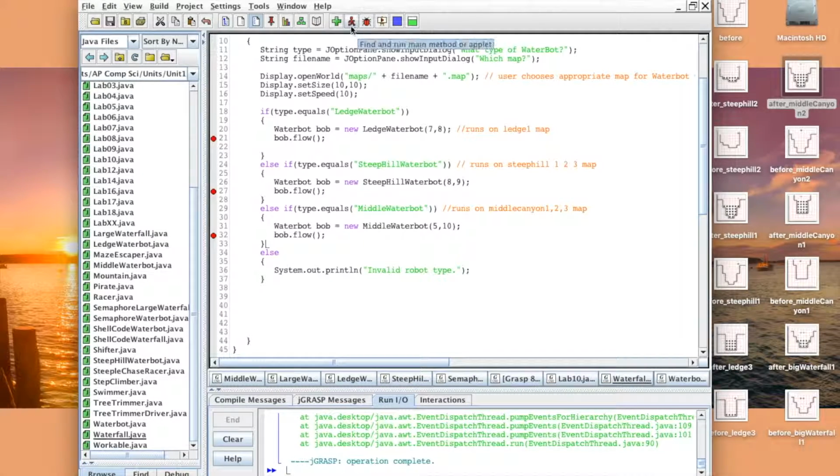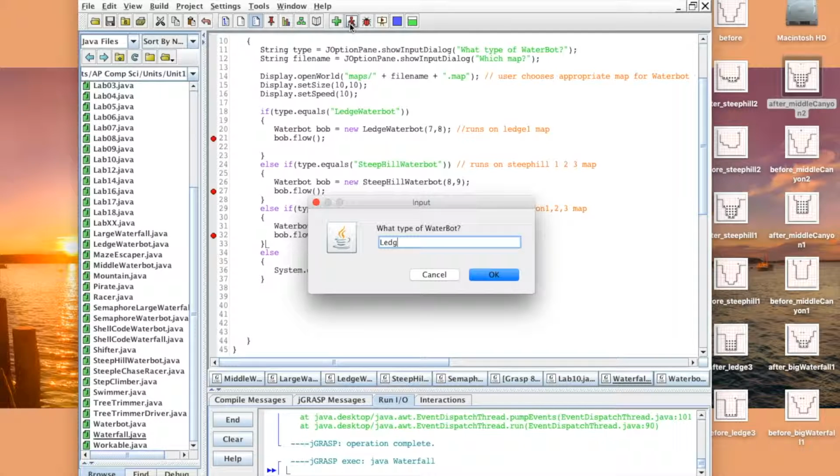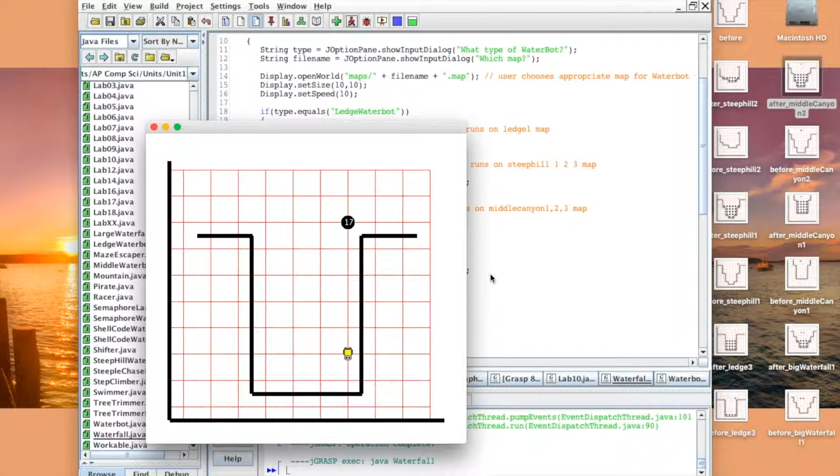So this is a ledge water bot made for simulating tub-like shapes with sharp ledges like this. After it collects a beeper, it's originally facing south. If front is clear, which checks that there's no wall or beeper in front, it continues to move. When it hits the bottom wall, if there is a wall or front is not clear, it turns west